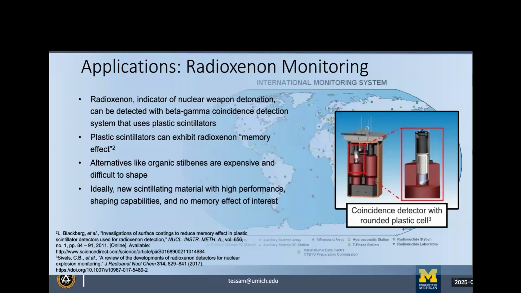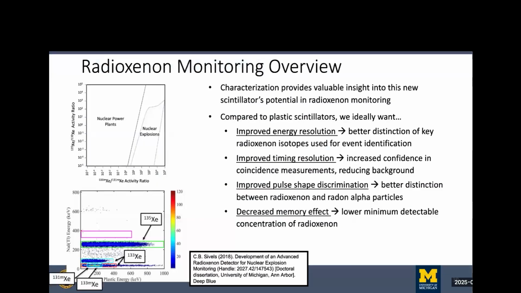Still being is expensive and difficult to shape. So we want a new scintillating material with high performance, good shaping capabilities, and no memory effect, which is where organic glass comes in. You can see a diagram of one of those monitoring cells over a global map of the International Monitoring System for Unauthorized Nuclear